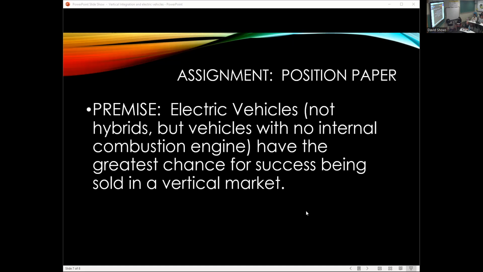All right. Yes, vertical markets, it's the only chance for success. You can also use that as saying that vertical markets are the only chance for success because the traditional markets simply have no place for electric vehicles. You can use that as an argument as well. All right. So, statement, your belief, yes or no, and then the remaining part of it is your justification. The more facts, the higher grade. Simple as that.